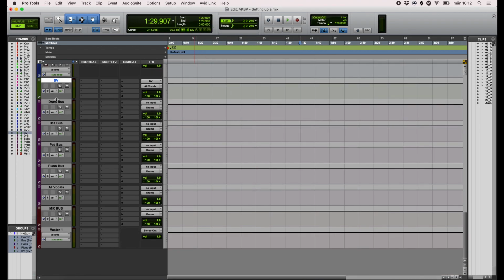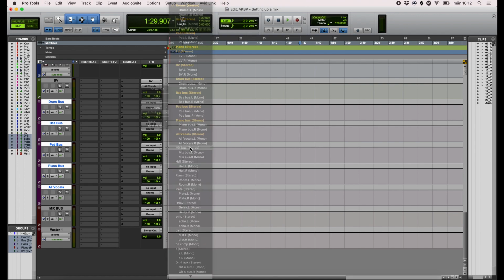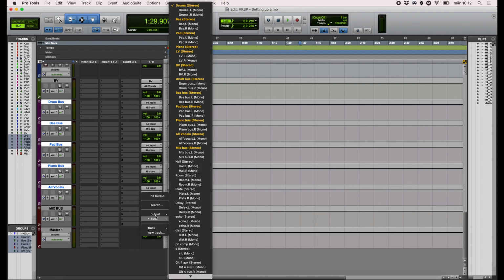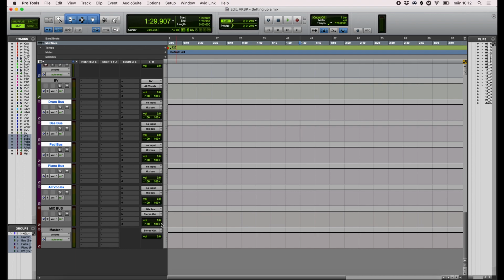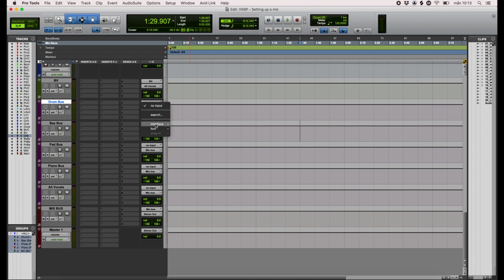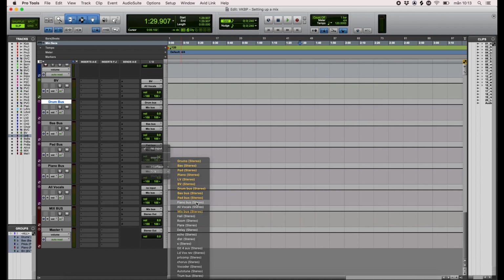And then I go to these ones and all of them I want to go to my mix bus. So I make the output to mix bus, and for the mix bus I'm going to put the input to mix bus and the output to stereo output. So this is the final step of my routing. And all of these I have to assign the input. So the drum bus has to have the drum bus and the bass bus, pad bus, piano bus,